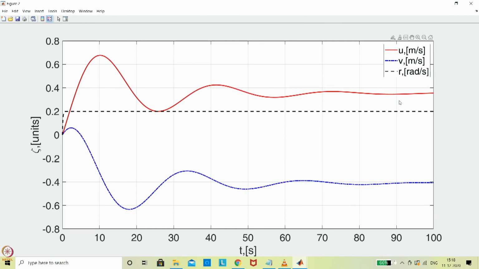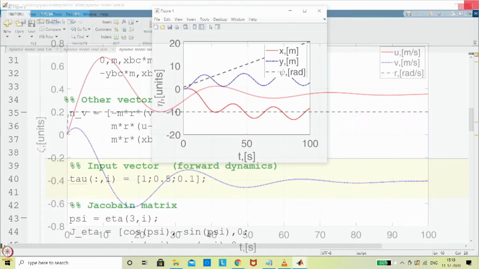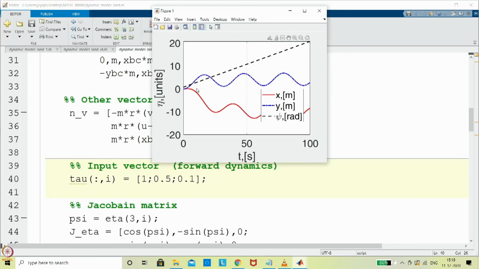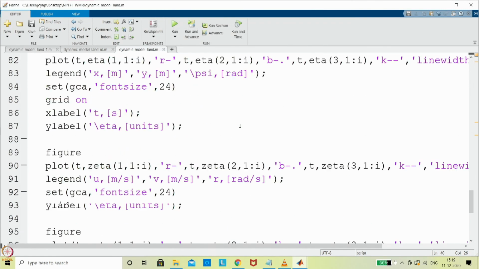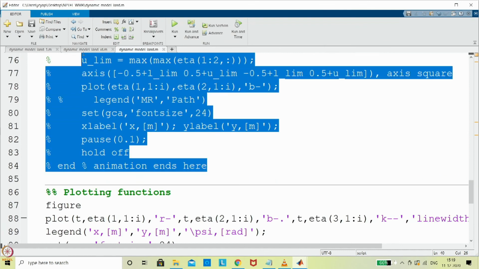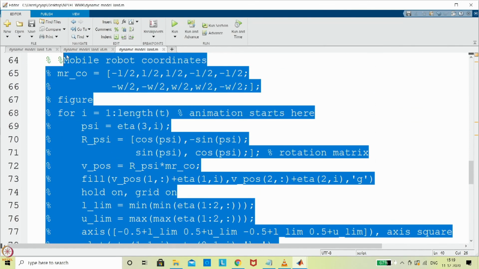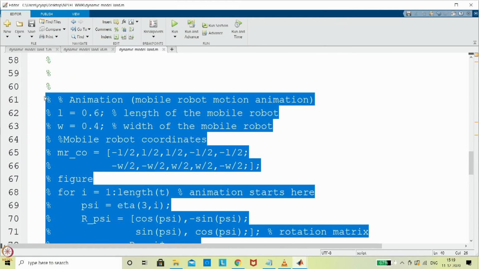Initially the angular velocity with respect to the body frame is 0, but now it is approximately 0.2 radian per second. Because of that the vehicle starts rotating, which is why x and y make a curvy path. For example, x increases, and after that it looks like a sinusoidal form. Now you can bring up the simulation part to get an idea how it looks.